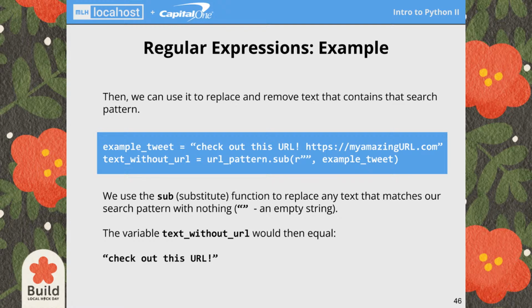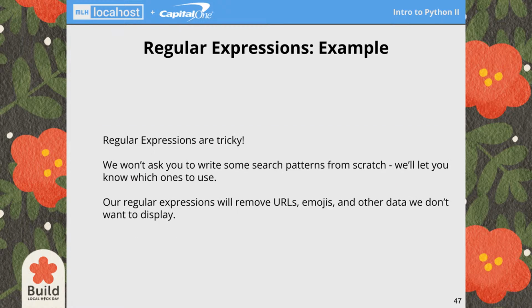And basically, the first parameter for this function sub is a regular expression. In order to do that, it just typed the letter R and then quotes. So R is saying I'm using regular expressions, and then the quotes is the expression. In this case, we wanted to remove the URLs and replace them with an empty string. But again, say we wanted to remove some other stuff, we could change up the syntax to target that.